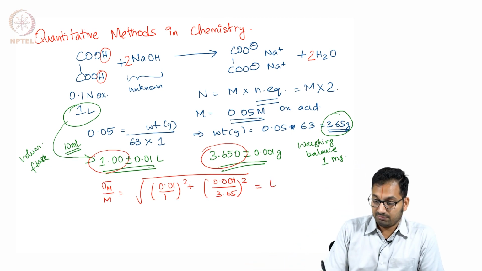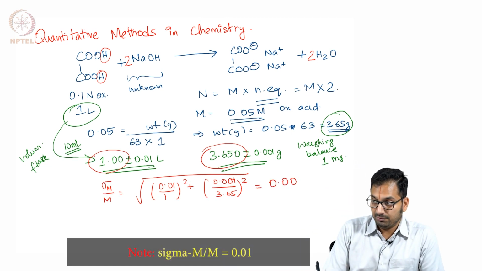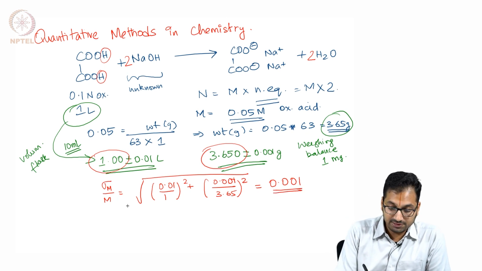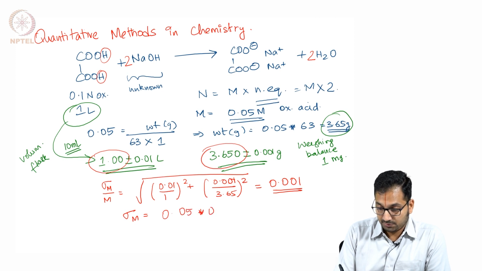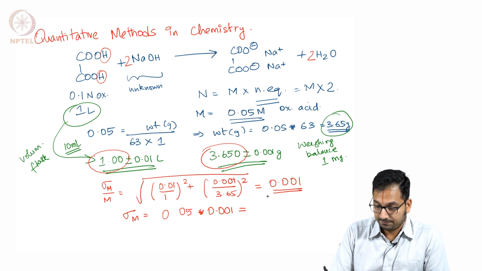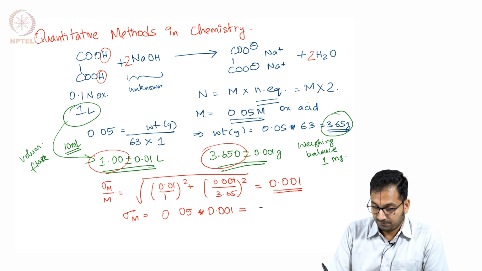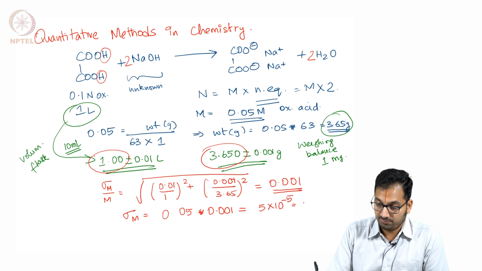So this amounts to something like 0.001. Of course, this does not fully translate, so this is going to be equal to 0.05 times 0.001. This will be nothing but 5 into 10 to the power of minus 5. So which is going to be,